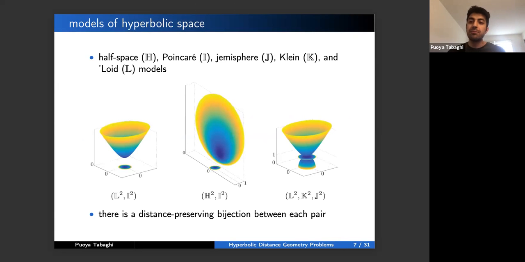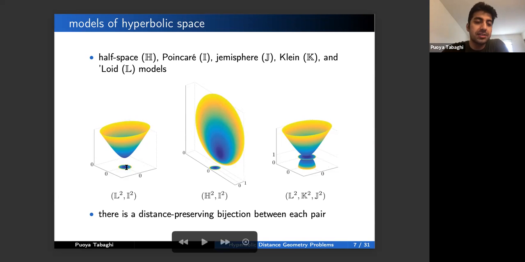There are 5 different models of hyperbolic space, and here are all of them: half space, Poincare, hemisphere, Klein, and Loid. And in most machine learning papers that utilized hyperbolic spaces in their work, they consider the Loid and Poincare models, just because it's